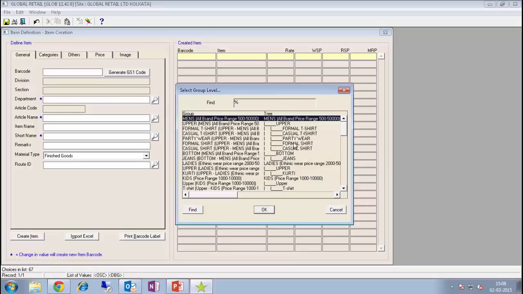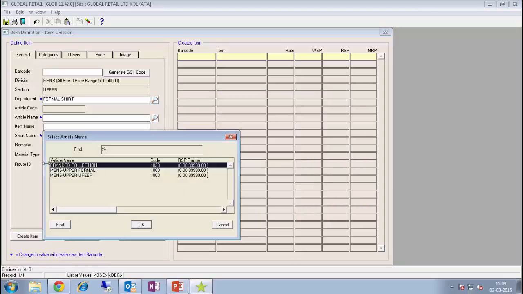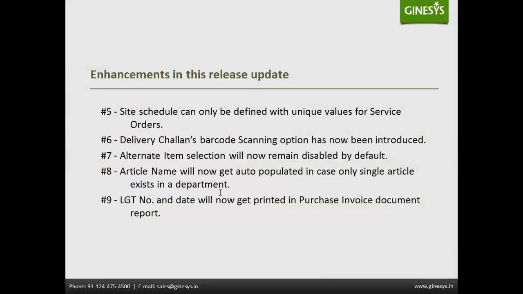We'll select a department. We had 3 articles for department formal shirts. In such cases, we will have to select the article from the LOV and it will not get auto-populated once the department is selected. Last enhancement in this release update is LGT number and date will now get printed in